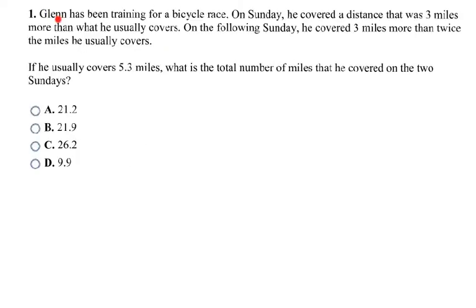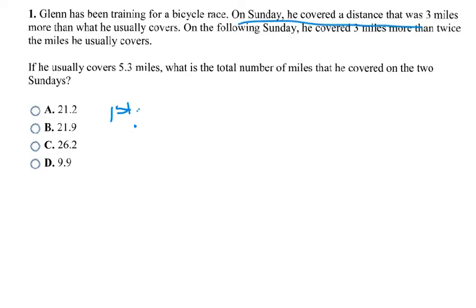This problem here says Glenn has been training for a bicycle race. On Sunday, he covered a distance that was 3 miles more than what he usually covers. On the following Sunday, he covered 3 miles more than twice the miles he usually covers. He usually covers 5.3 miles. What is the total number of miles that he covered on the 2 Sundays? So this one here, you could write an equation, but you can also just work it out given the information that you have. So on the first Sunday,